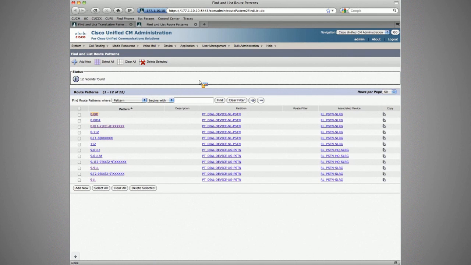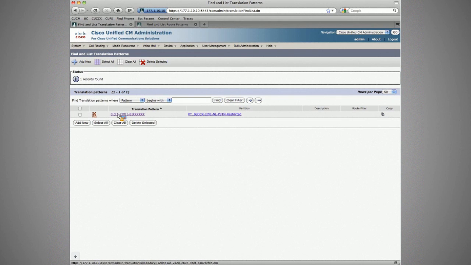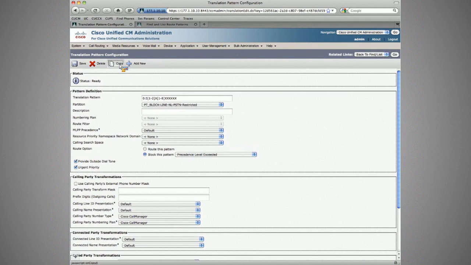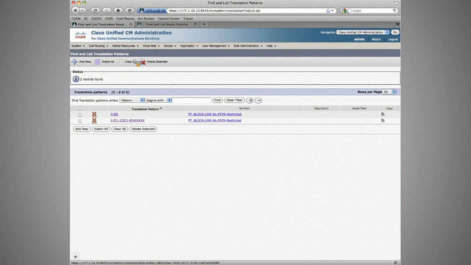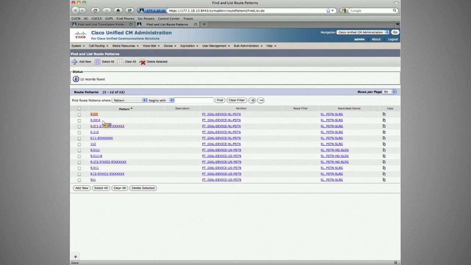So that was our long distance. National. We need now our copy, since it's going to be in the same checkboxes, same partition, same block, and we'll replace the pattern with what we saw there in the route pattern. Now, if I just had this one for international,